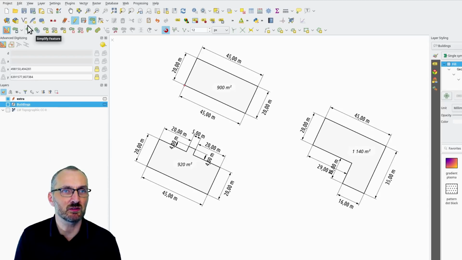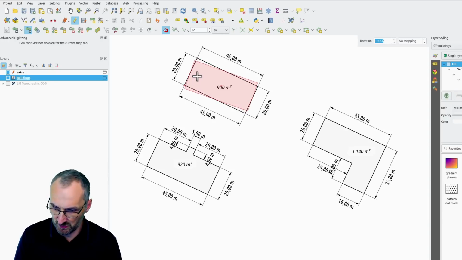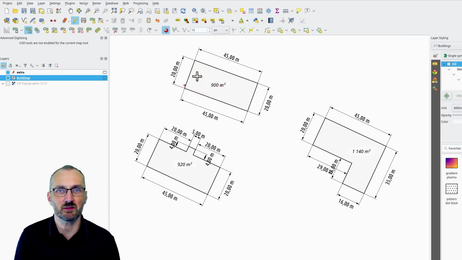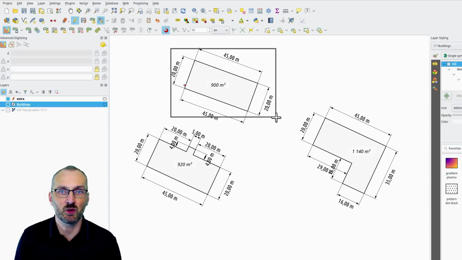So buildings, rotate that. Whoops. And in that direction, that should be -5, like that. And then I can just select all the points, going to the Vertex tool, select all the points,